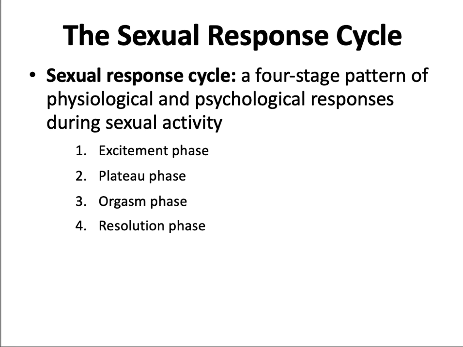The orgasm phase is the third stage, consisting of involuntary muscle contractions throughout the body, dramatic increases in breathing and heart rate, and rhythmic contractions of the vagina for women and ejaculation of semen for men. The fourth phase, the resolution phase, involves dramatic release of sexual attention and a slow return to the normal state of arousal. The male enters a refractory period during which he is temporarily unable to maintain an erection or have an orgasm, and the female does not have such a refractory period.